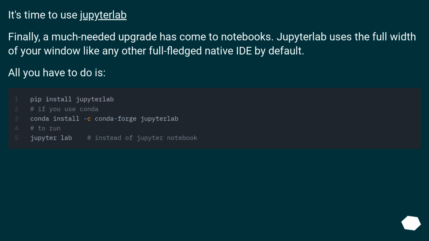It's time to use JupyterLab. Finally, a much-needed upgrade has come to notebooks. JupyterLab uses the full width of your window like any other full-fledged native IDE by default. All you have to do is